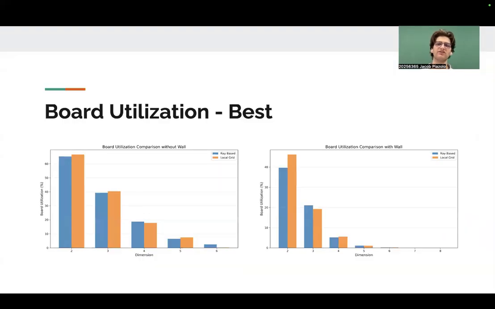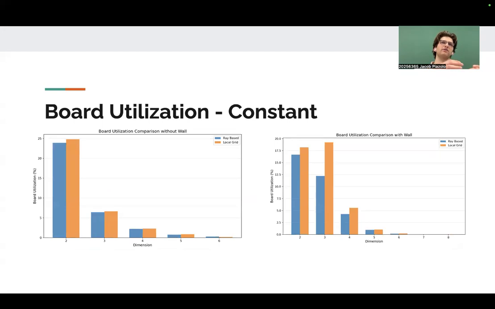When we look at board utilization, that is how much of the board we fill with our body, we perform really well at low dimensions. This is state of the art, but that drops off at higher dimensions. But here we could also wonder, because episodes take longer to train at higher dimensions, what happens if we give it all the same amount of episodes to train? And here the drop is not as stark, but still it is there.